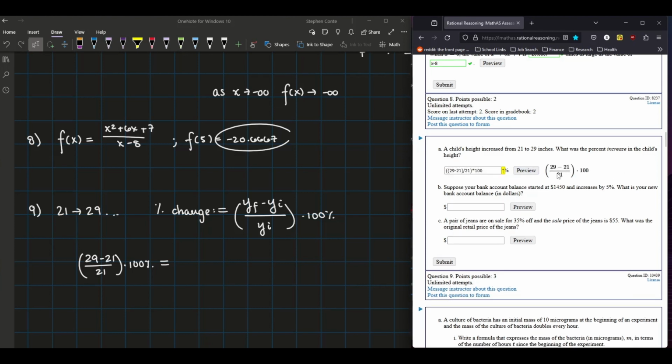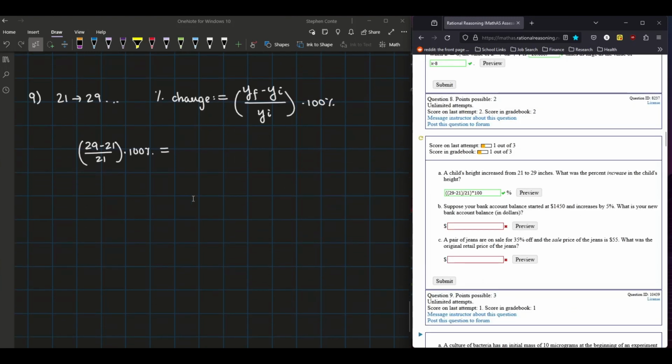We find out that that's 38%, a change of 38.09%. Okay, submit that. That's correct. So that's part A. I'll label it A. Part B